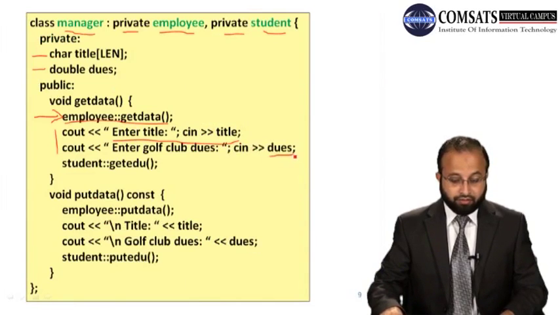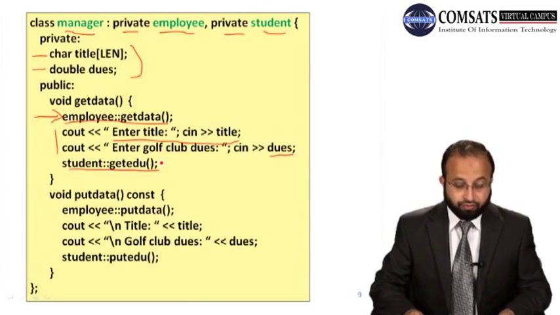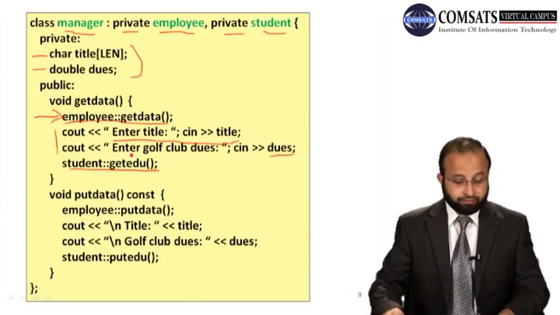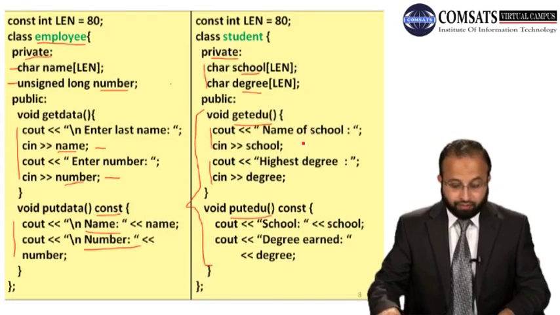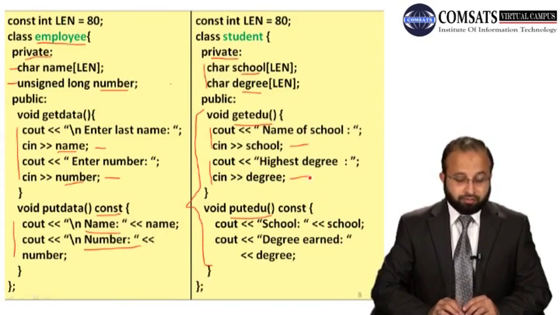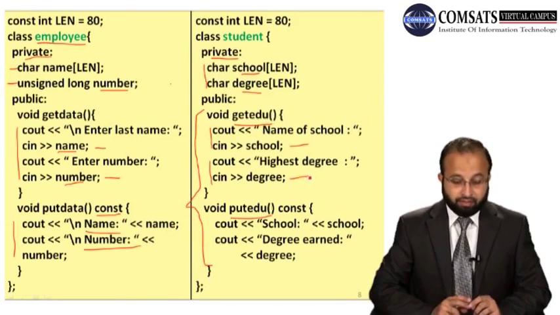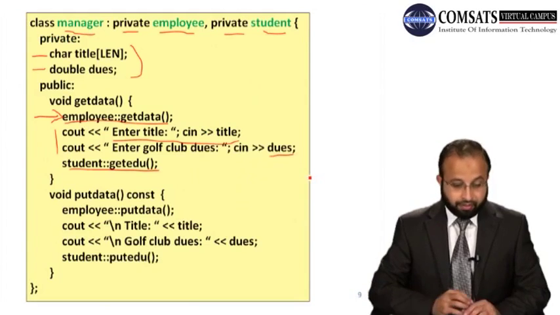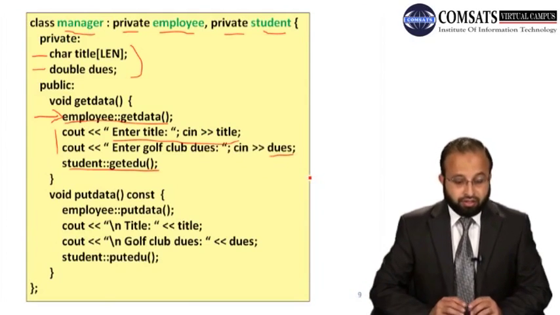taking input in title and dues, and these are the private data members of this class. And then you call a student function, you call a get edu function with a student, ठीक है। आपने get edu function call किया with the class student, and it will call the student function and input the value of school and degree. So manager class का जो एक object बनेगा उसमें we have name, number, school, degree, title and dues. So these are the 6 fields that exist in any object you created from manager class, ठीक है।